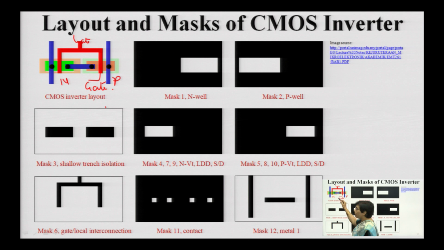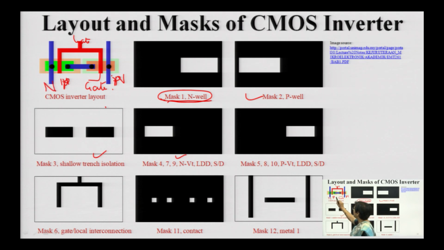So, for every stage involved in a simple CMOS inverter, first the creation of the N well is done. So, NMOS here and PMOS here. If you want to create the N well, you will have one mask, then for the P well you will have another mask. When you want trench isolation, you need another set of masks. Then you want N diffusion to be created for the NMOS.